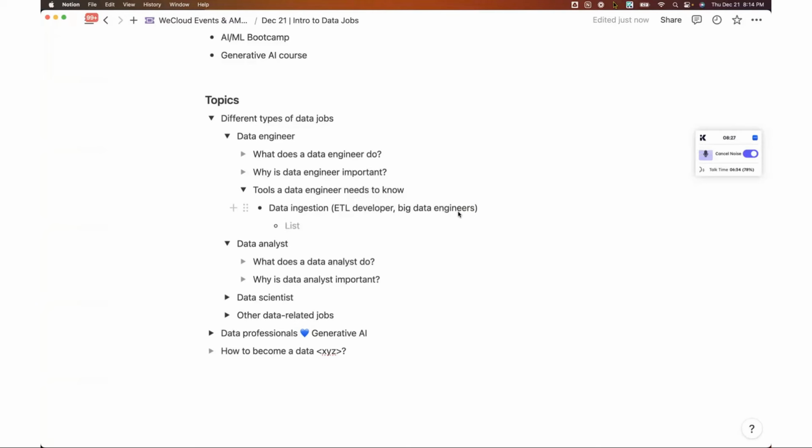Some of the traditional tools people use for ingestion are enterprise tools, but in the community right now, if you would like to build skills quickly to get a job, I think you need to know a few data ingestion tools such as Airbyte, for example. Airbyte is basically a data ingestion tool, and it's low code, and it has connectors or integration with many different data sources.